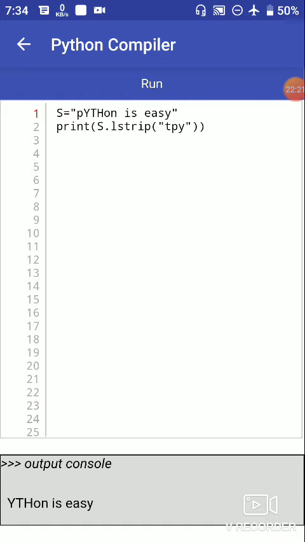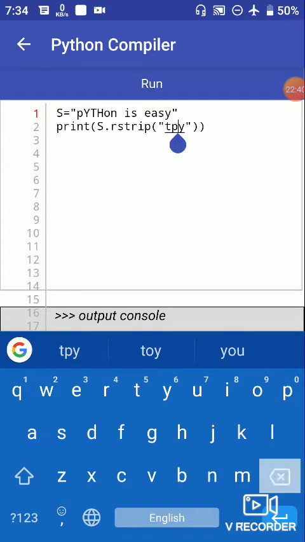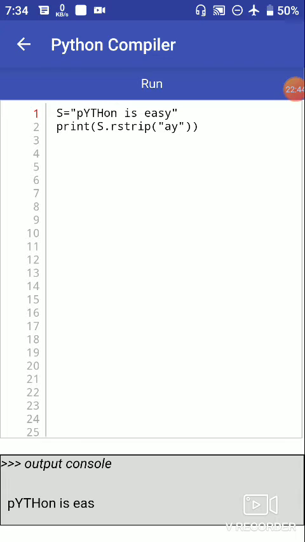After L strip, we can do the R strip function also the same way. Let's try R strip in the same program. R strip with PTY, so A and Y. When we run the program, we get Python is EAS.